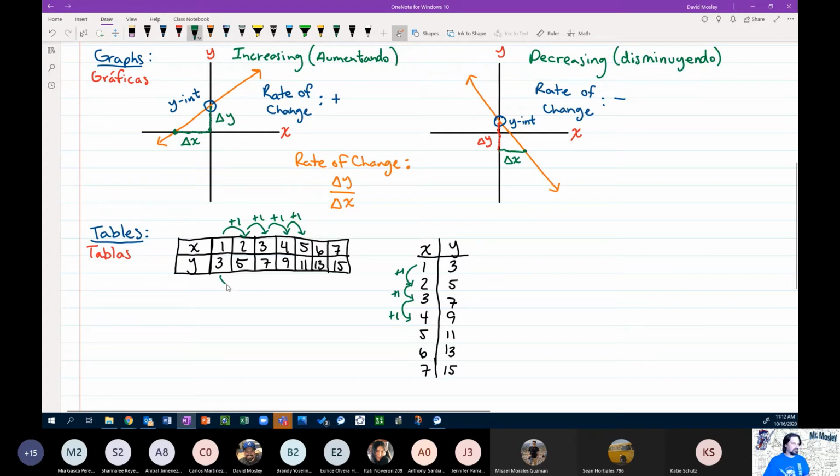For Y, +2, +2, +2, +2. It's the same for all of these in this table. We have +2, +2, +2, and all the same. Okay, so